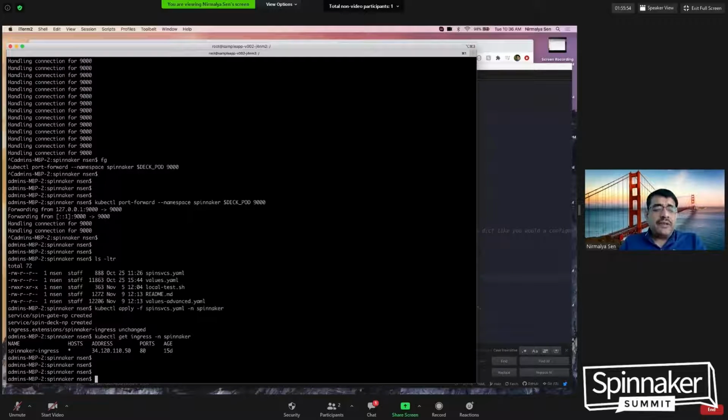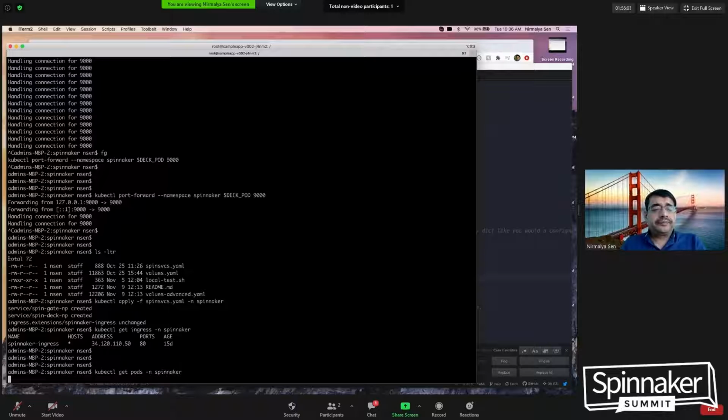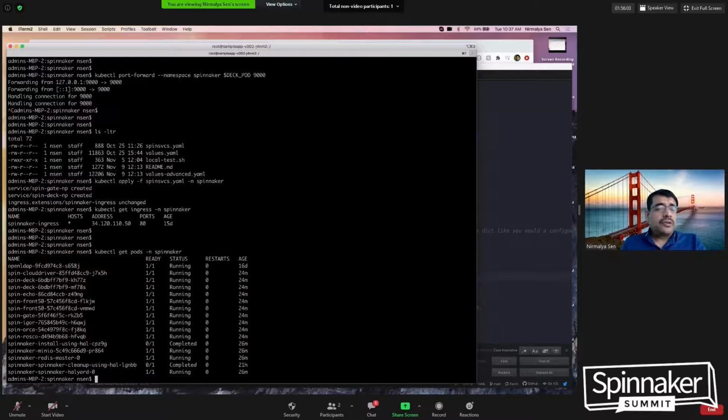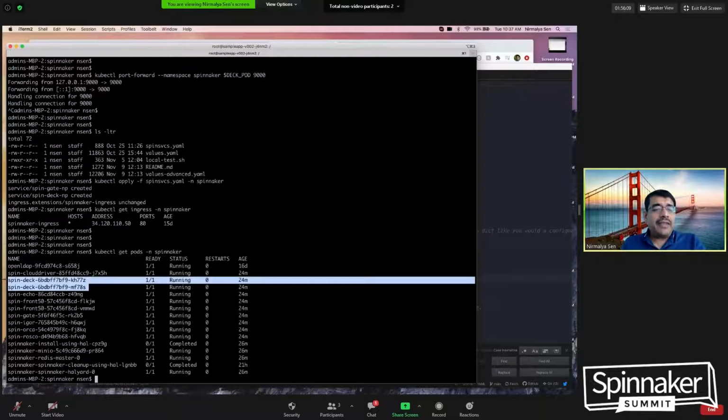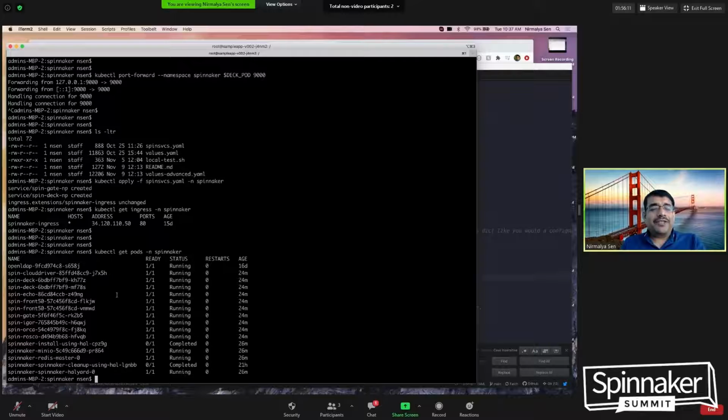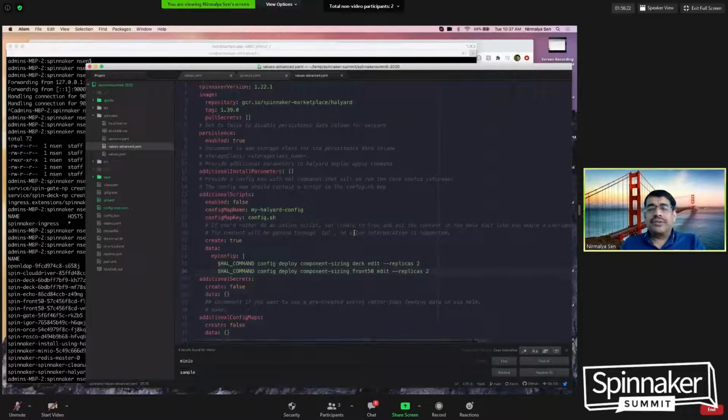So if I go look at it, kubectl get pods -n Spinnaker. So we have, actually it probably ran that file. I have 2 decks already, so I probably ran that already. So let's do something else here. I'm going to remove this one out now and reduce this to, let's say, 3 instances of deck,